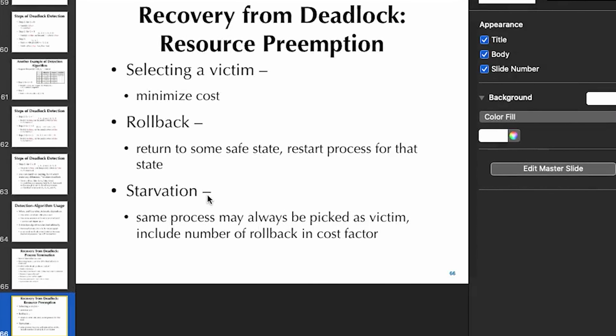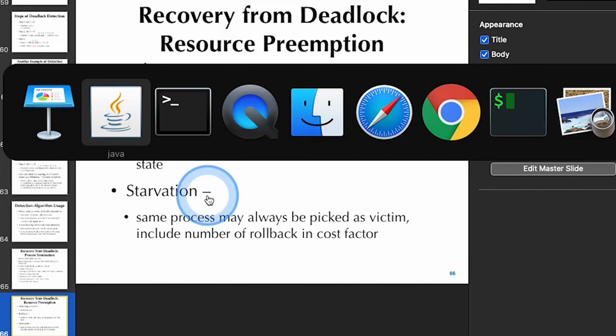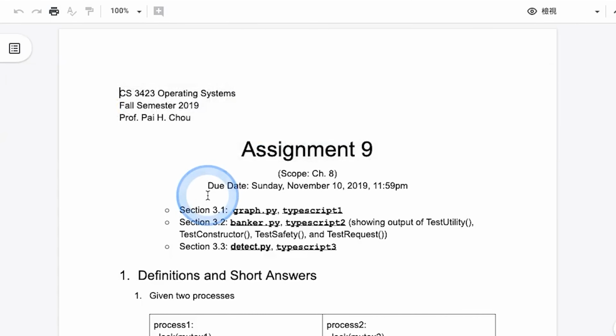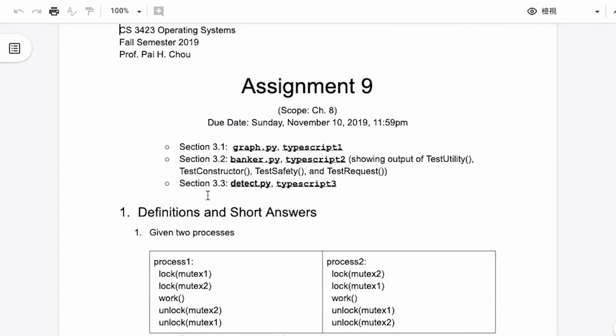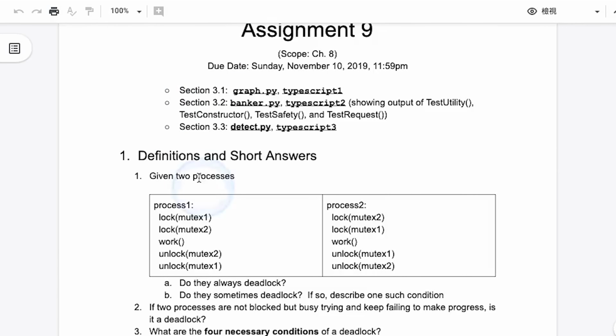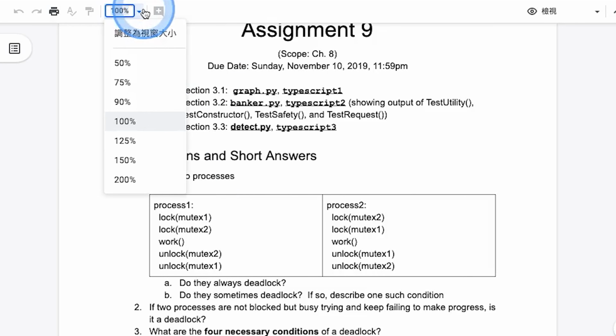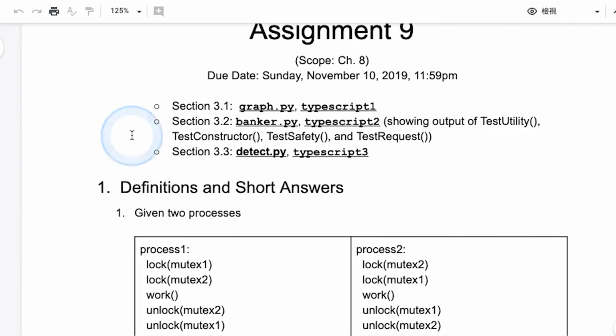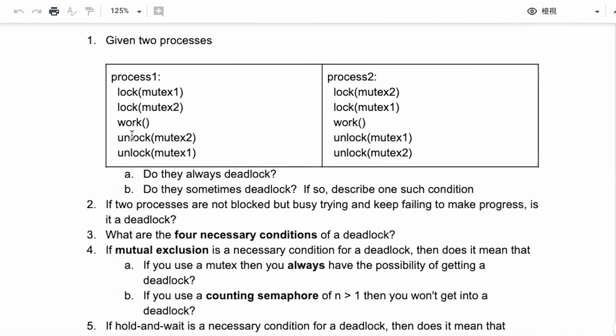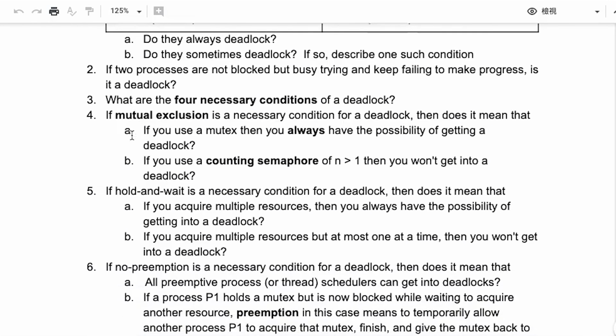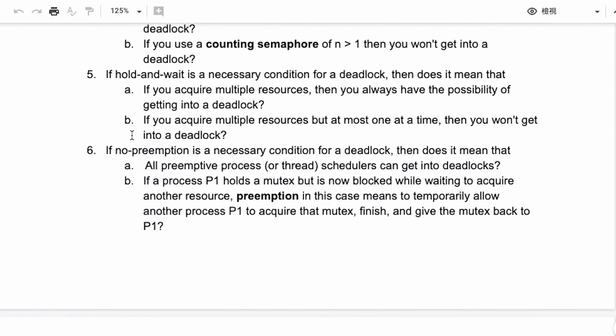Okay, so that is really what I wanted to cover for Chapter 8. At this point, what I can do is quickly point out the Google Doc, which I am wrapping up, so this will be posted shortly. I basically just posted a bunch of short questions for you to check your understanding.